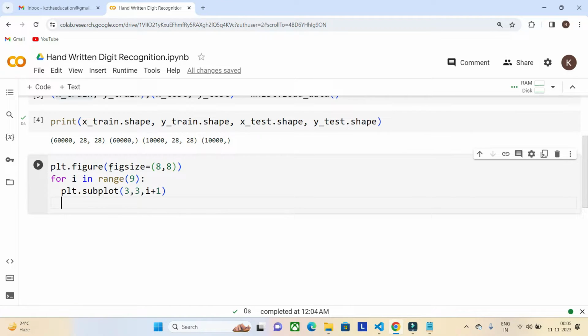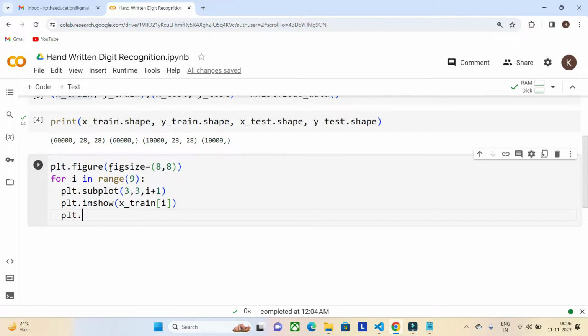I just wanted them side by side. And plt.imshow of what we are showing here, x_train of i. That's the image here.